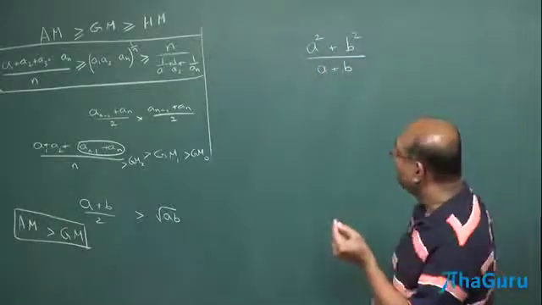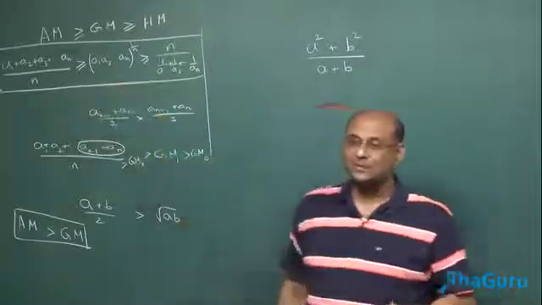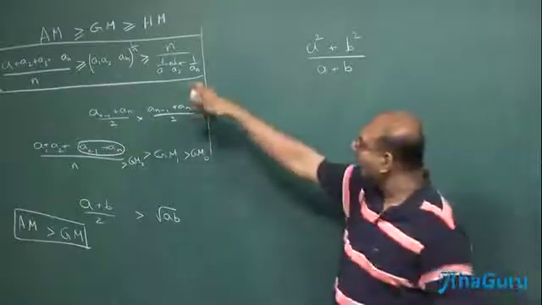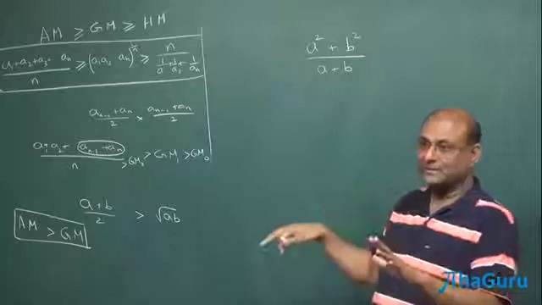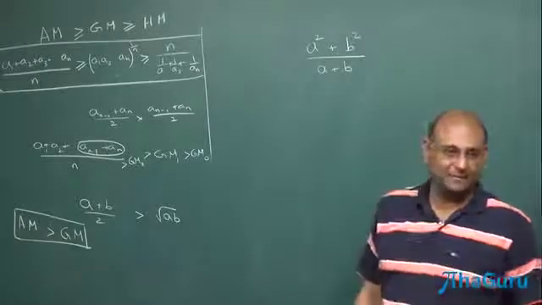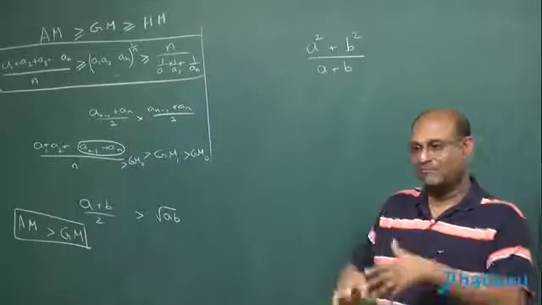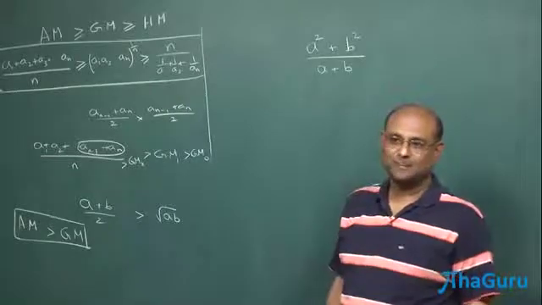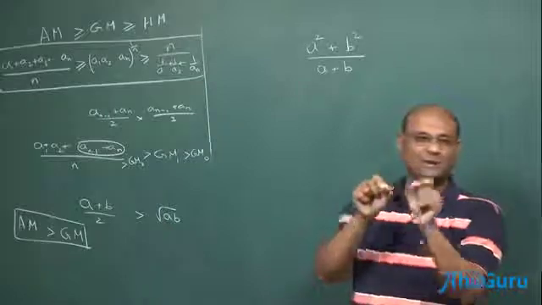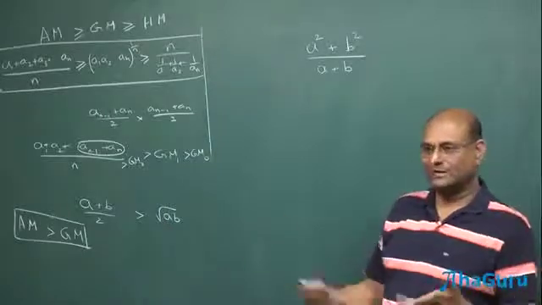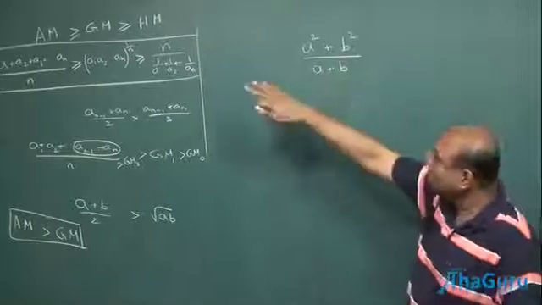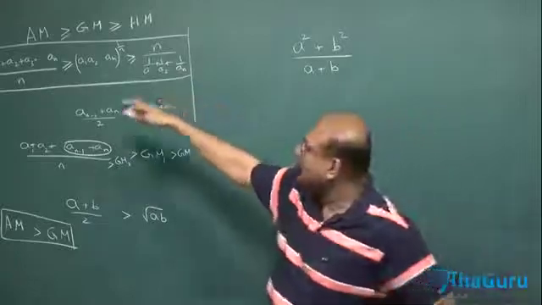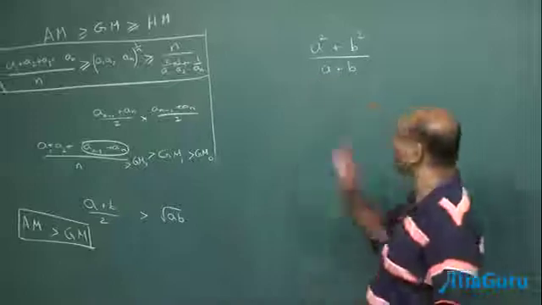Now you can say, wait. I can understand 2 numbers, 3 numbers, 4 numbers. But a could have been 2 by 3. Correct, but it turns out that you can convert many of these things for rational numbers by simply multiplying by the LCM, and then they'll all become integers. So whatever will work for integers will turn out to work for rational numbers, and then by approximation it will work for real numbers, because you can approximate a real number with a very, very close rational number, however close you want. So therefore it will be true in general. So I'm going to assume that this is true for all possibilities. I'll also show something where we convert this properly, but right now I just want you to think about something like this.